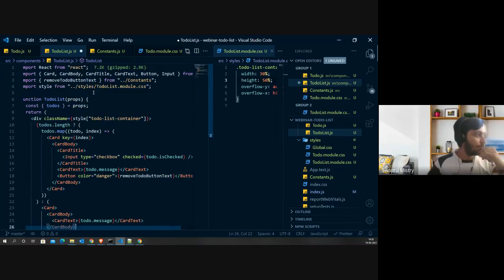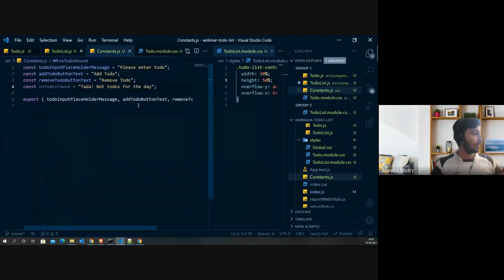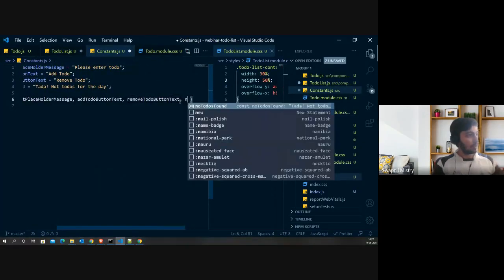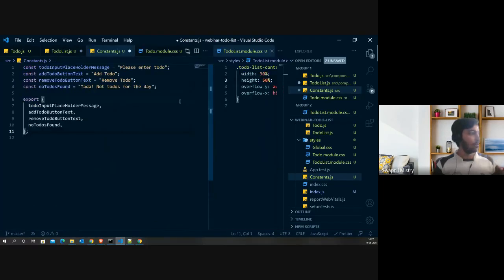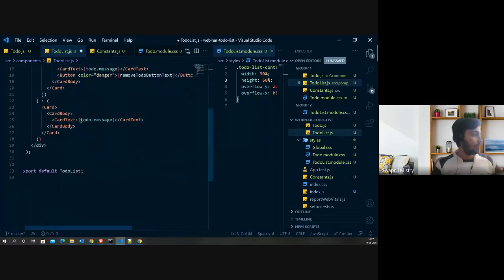And to access this, again we will import it from constants. So I will just get this thing because we haven't exported it yet. No to do's found, right? Then no to do's found, and over here we will be using no to do's found.